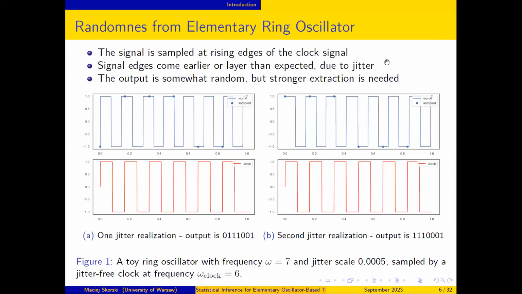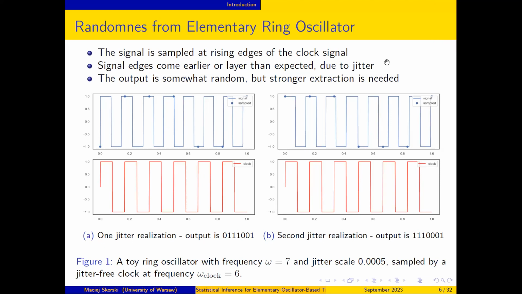So to explain the very principle of elementary ring oscillators, which are thought to be the simplest design, yet still full of challenges, let me present this full plot. Basically, we have two signals. One is the signal which is actually sampled, on the top. The other is the signal which is used as the reference signal, the clock. So you actually sample one signal with another signal. And if you have a look at the picture above, the scale maybe doesn't make it very visible, but the subsequent periods are not equal.